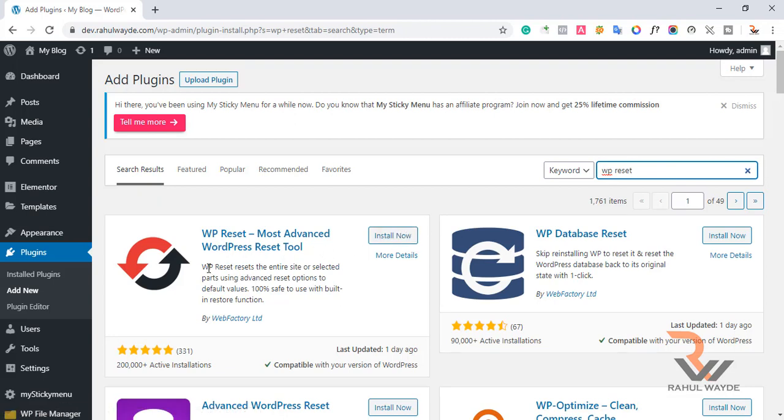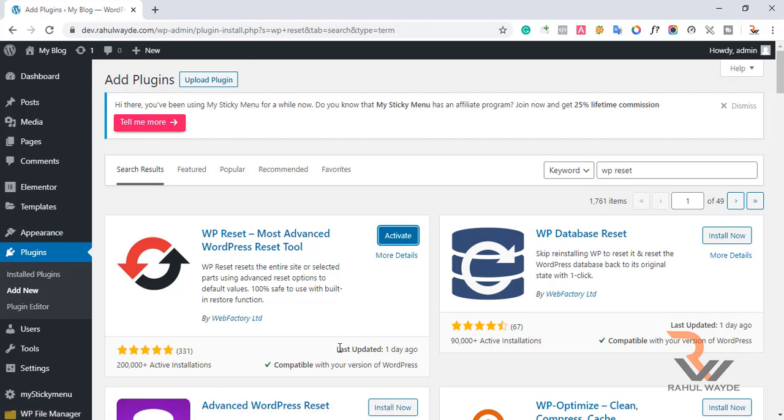It shows that WP Reset resets the entire site or selected parts using advanced reset options to default values. We are looking for this only, so we will just install it and click on activate.